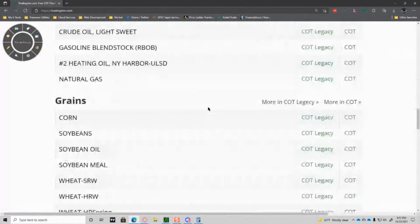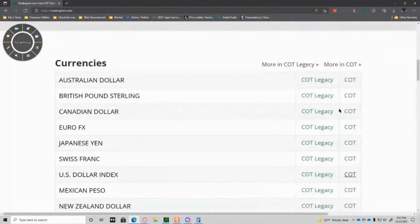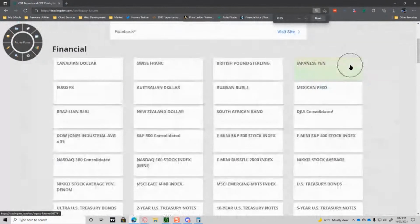All right, so we're going to have to go over now to legacy COT. Any of them will work. It doesn't really matter, right? We just got to hit the button where it says legacy. So we'll just hit the one at the top. It brings up a different kind of grid like this. Now, at this point, I'm going to zoom out a little bit because we need to be able to see